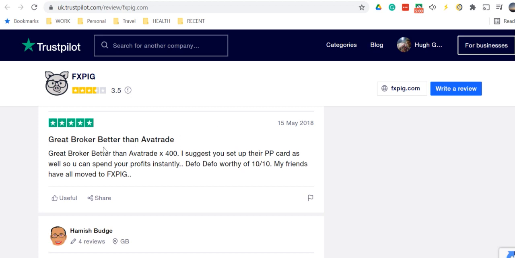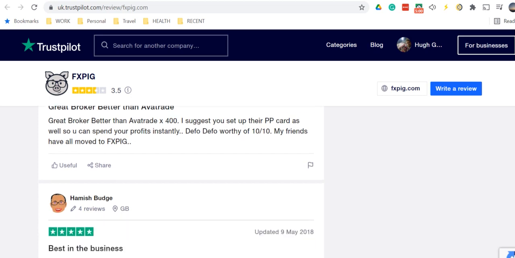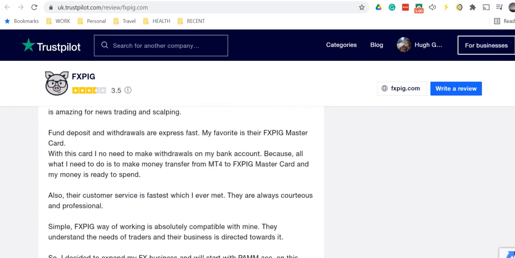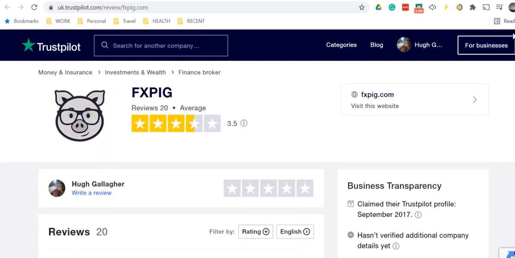Now we're going back into 2018. But again, 5 stars, getting 5 stars, 5 stars, 5 stars. So they seem to be a fairly decent outfit from what I can make out. So I'm going to fast forward. This one is actually